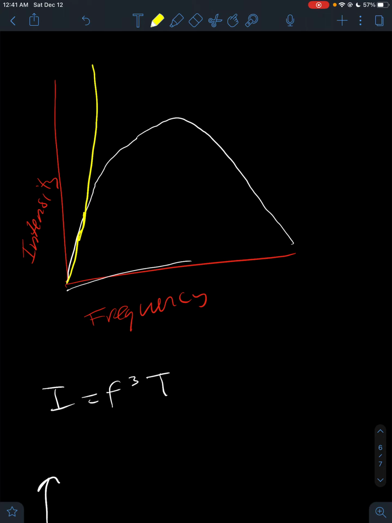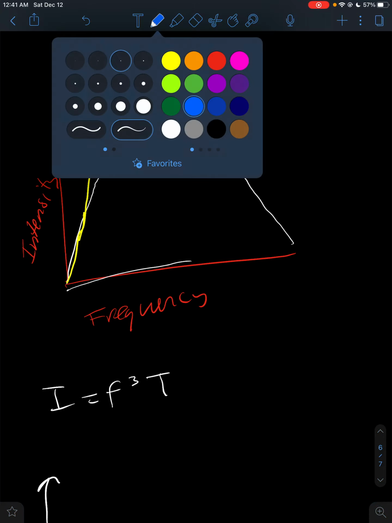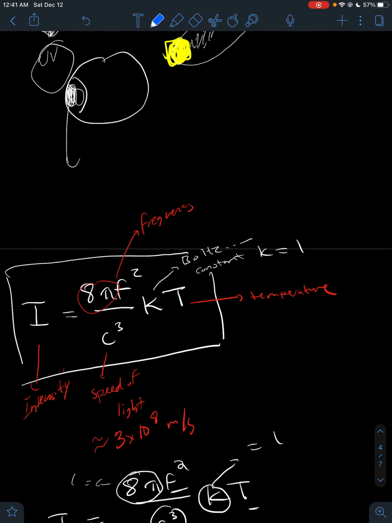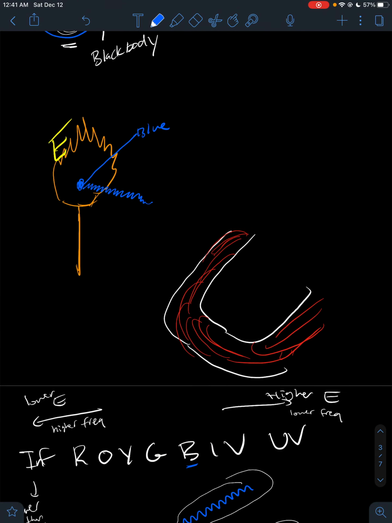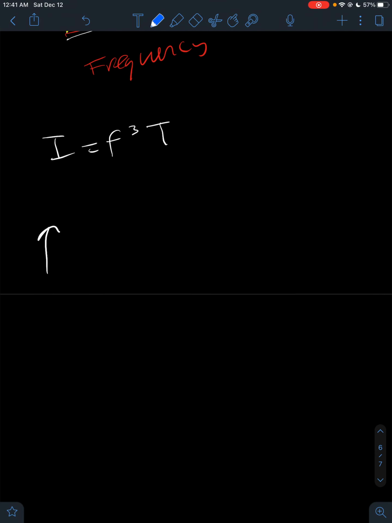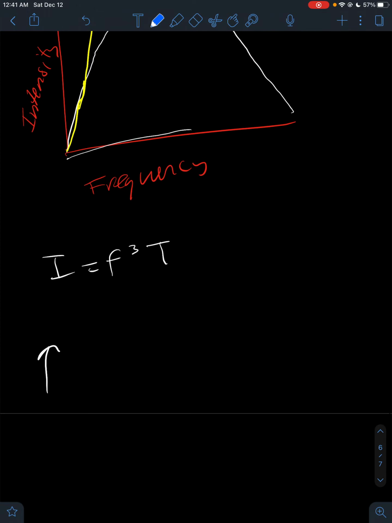However, what we actually observe is that at a certain point, called the tipping point, your intensity starts to actually go down again. When you think about this a bit more, that kind of makes sense because as your frequency goes up, you don't want it to get infinite energy, right? Because that's impossible. You'd have infinite energy density and stuff. So our calculation does not match. Our model does not match reality.